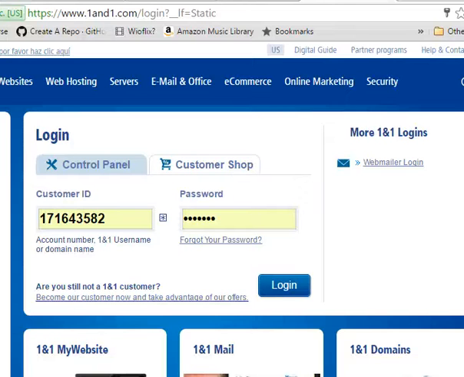All right, so you have purchased that new domain name, and now we have to go configure it. So what I'm going to do is I clicked on the login button. It brings me to the login screen. You have to put in your customer ID that they provided you after you purchased the domain name, and you should have reset your password. And you're going to type your password in, and then hit log in, and that should take you to your